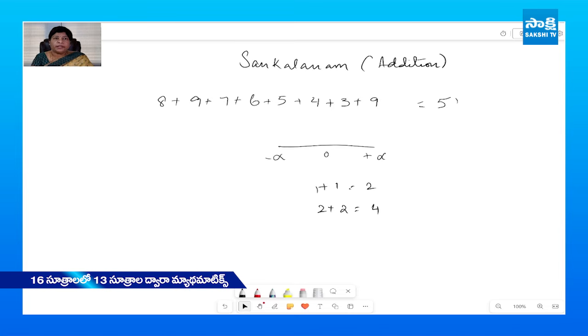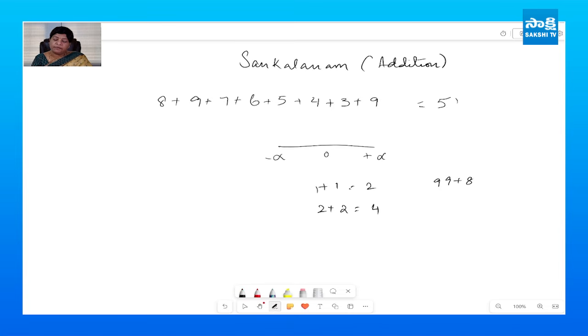But when you compare that to a problem like 99 plus 87 or 199 plus 289, it takes relatively more time and effort because we have to handle a large number of digits, carryovers, and keep track of the place values. So as numbers become larger, the complexity of calculation increases, which is why we look for faster methods to simplify